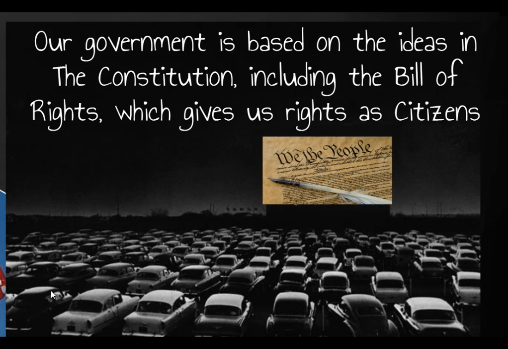But the Bill of Rights was designed to give citizens a voice and the ability to have rights. And so as we refer to the Bill of Rights or the first 10 amendments, that's where often Americans will say, we have these rights as citizens. On the earlier slide, I pointed out those five rights: the right to freedom of speech, freedom of religion, freedom of press, the right to petition, and the right to assemble. All five of those are just part of the First Amendment of the Constitution.